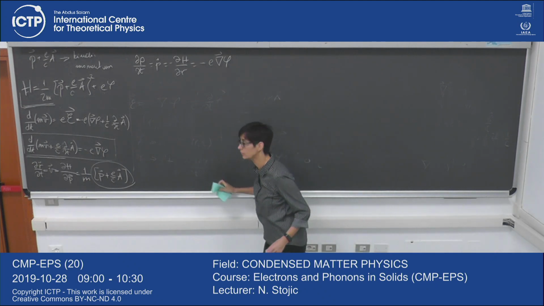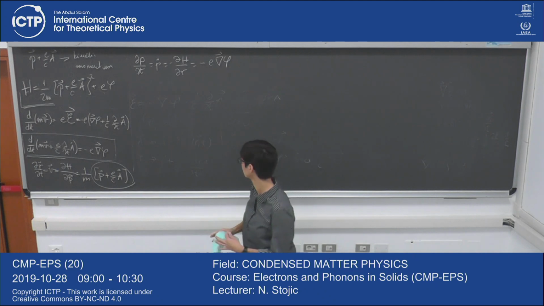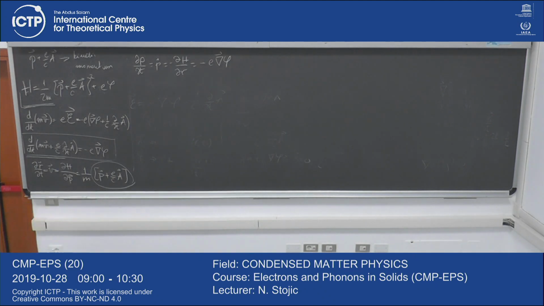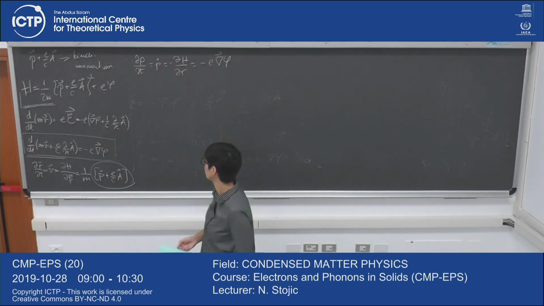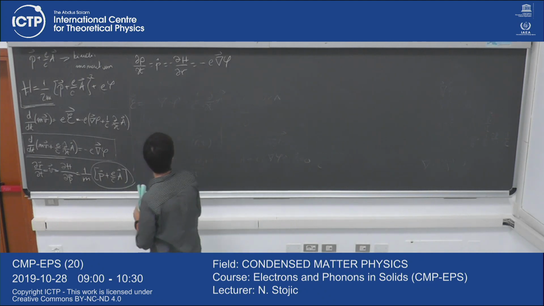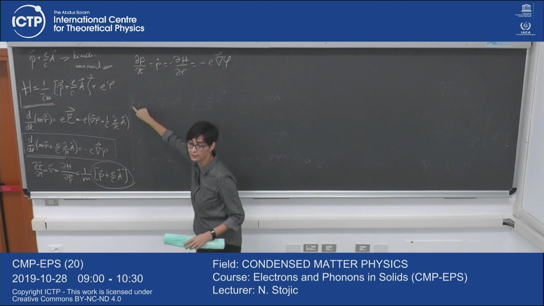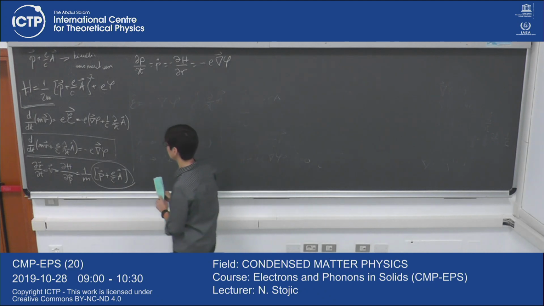Actually, you said that A is correlated with the light? The A that you just read, this one, or this one here? This one? Yes. And that is correlated with the light. Yes. It's determined by the light completely. From the fields, from the E field and B field. It's coming from there. Because curl A is B field. And B and E, you have them in the radiation together. But also through here, no? Also through here you see that both of them are determining.